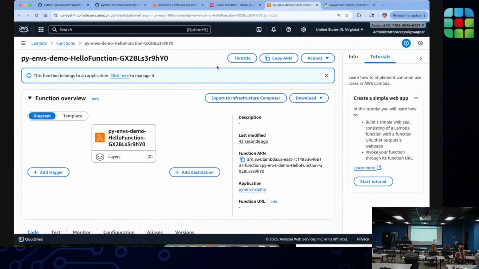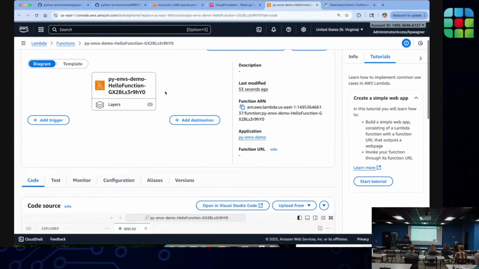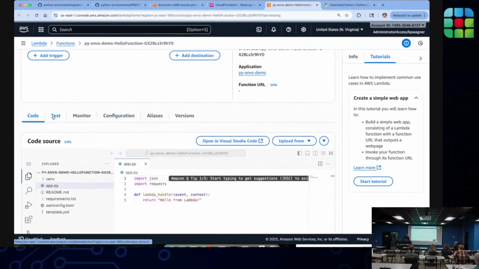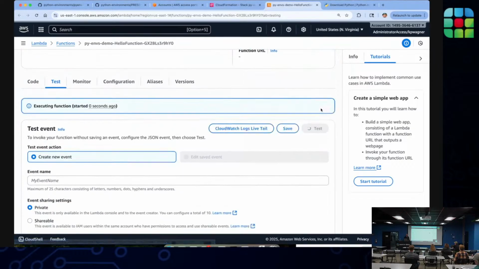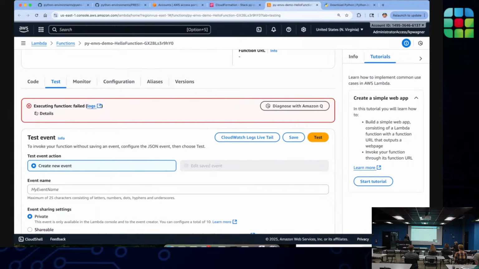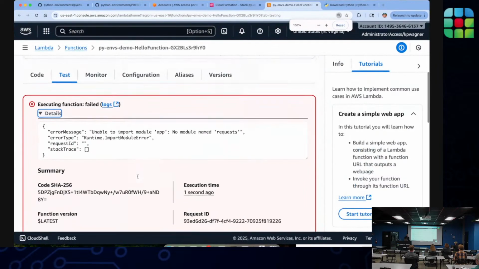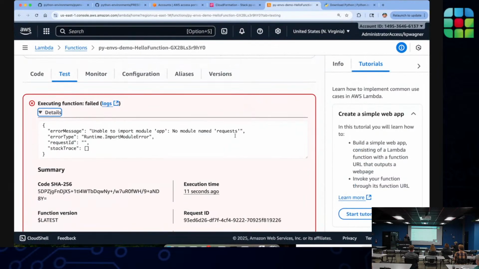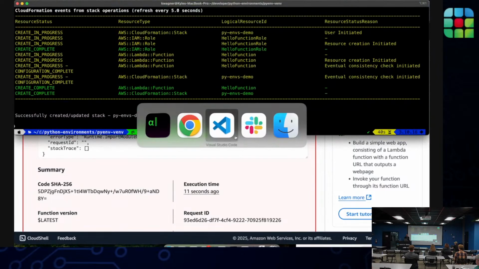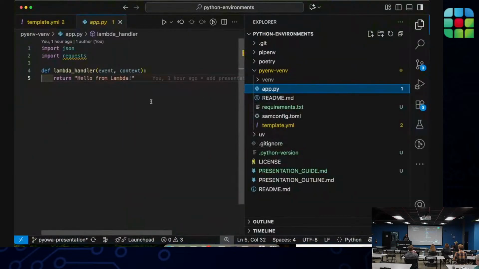Okay, so looking at this Lambda function in AWS, and if you aren't really familiar with AWS at all, I know the past minute or so has been a little bit like, wait, what's going on? And that's fine. So bringing it back to Python more specifically, I'm going to try to test this Lambda function, which just means I'm going to invoke it. I'm going to have the code attempt to do what it's written to do. And we can see we got an error. And that error is just no module named requests. Requests is not available in the base runtime or the base environment of AWS's Lambda functions. So you have to package requests into the code that Lambda actually runs.